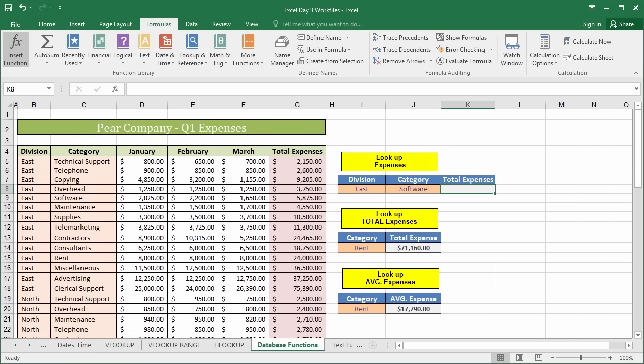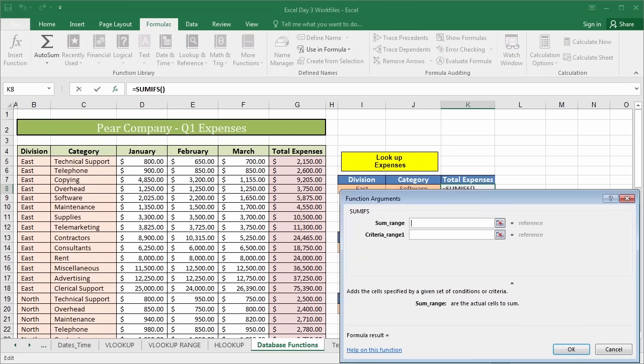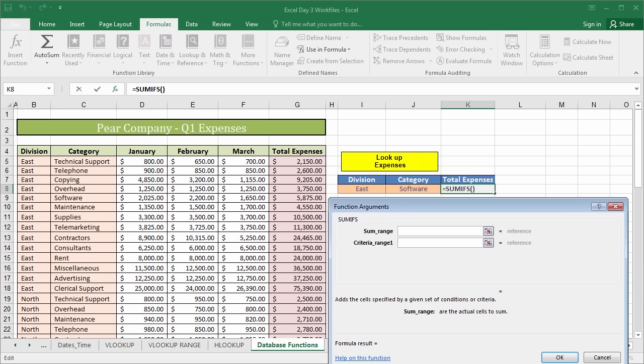So using either the Insert Functions argument box or the Math and Trig dropdown, we're going to find SUMIFS with an S at the end, indicating multiple conditions. And here we are, back again. This time, instead of starting with the range, it's starting with the sum range, which is the number of fields we want added together. In this case here, it's going to be total expenses once again. So I'm going to click on my Use in Formula dropdown, select total expenses, the named range that I created earlier,